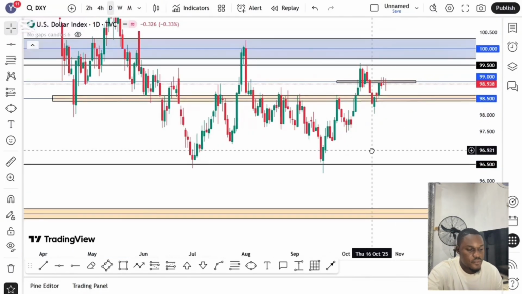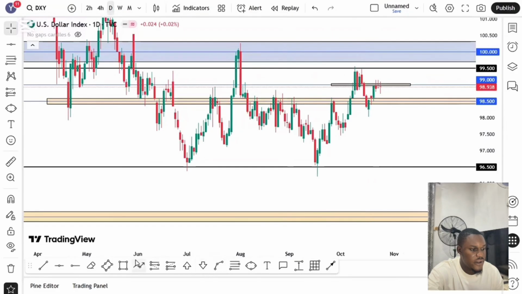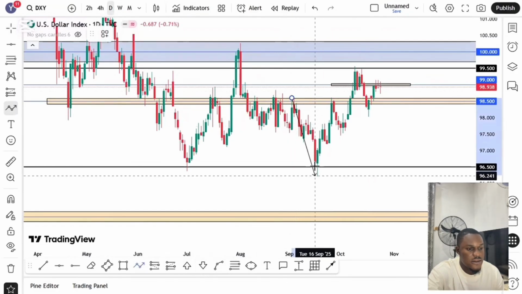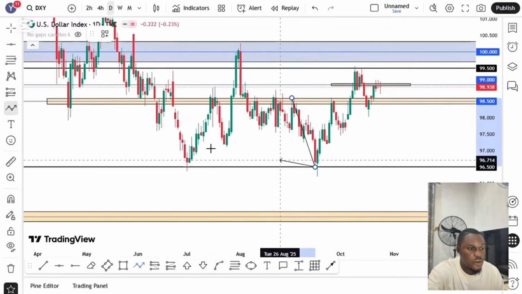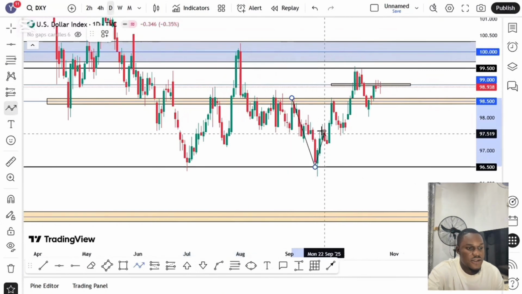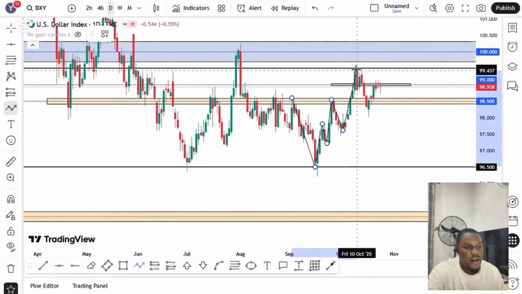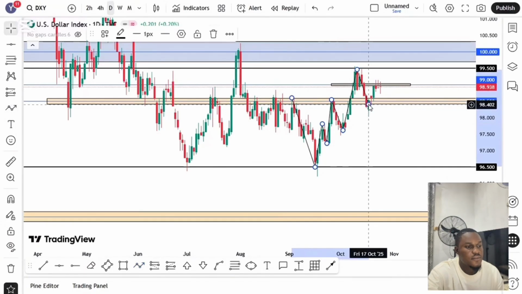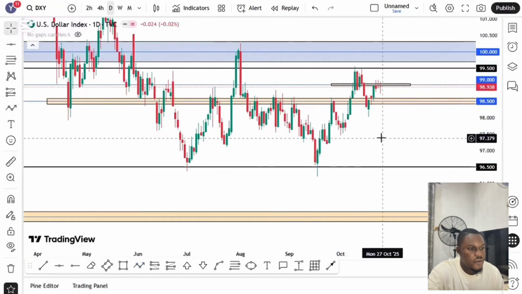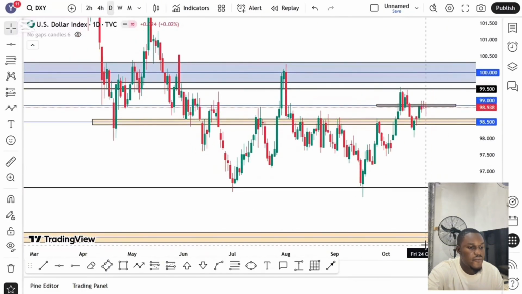As you can see, after the market makes the second bottom to make a double bottom, we have been having a series of higher highs and higher lows, higher high, higher low, higher high and higher low around this region. Also, if you check properly, we have a very strong